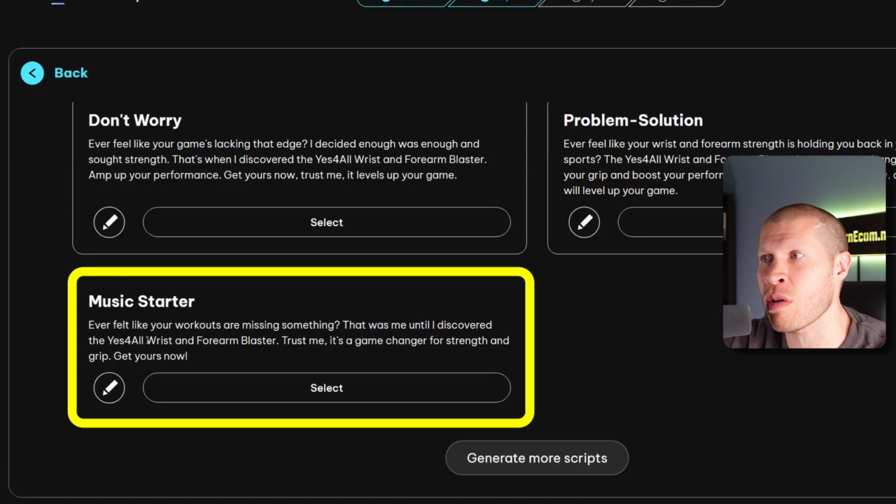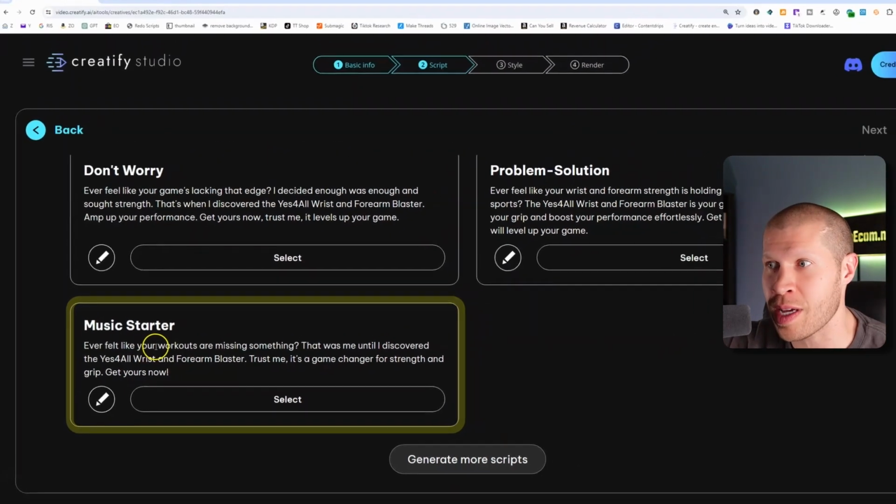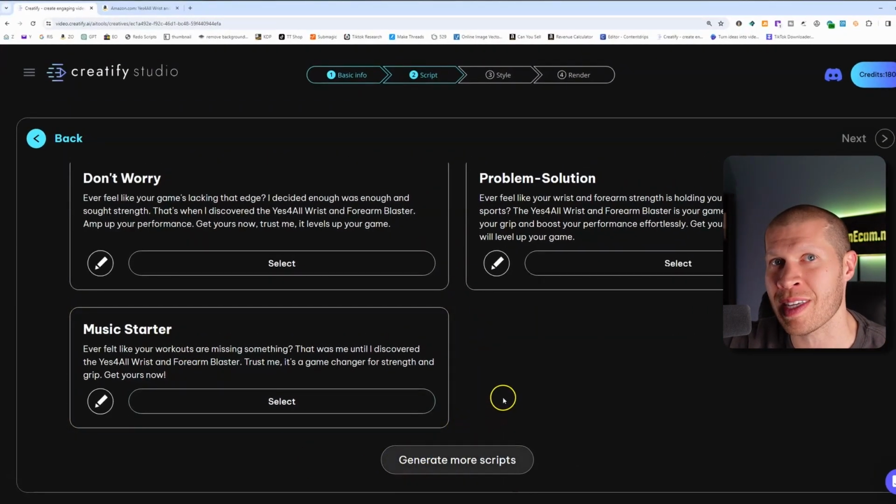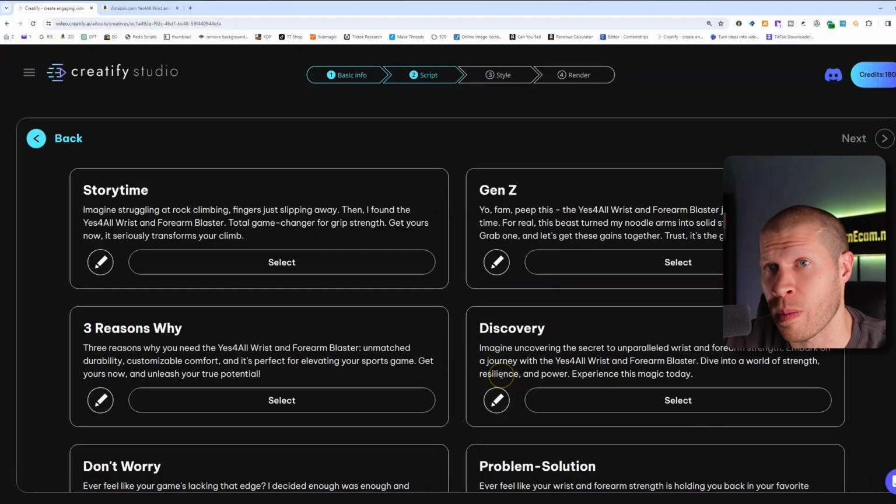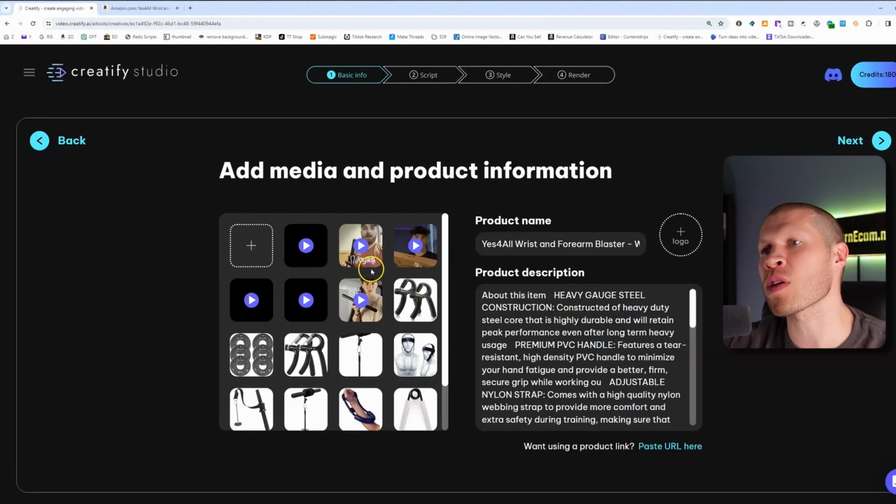We did not give it any other information other than the URL. It's crazy. And you can generate as many scripts as your heart desires. It will keep pumping them out for you. Or to go back just to show you, because there's all this media in here, it's going to try to use the best parts of this media